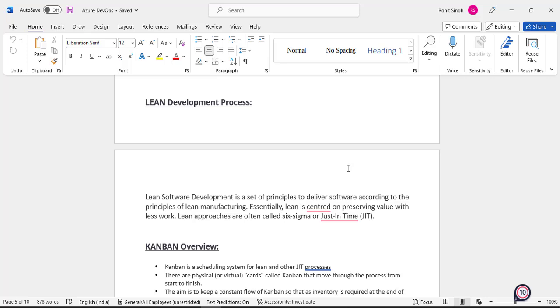The manufacturing fields were moving at a very drastic rate, and all over the globe they were able to manufacture and distribute their product globally. That was happening during the 90s, and that interested many software developers, that how come we are not able to do things at a faster rate, we are not able to develop quality software